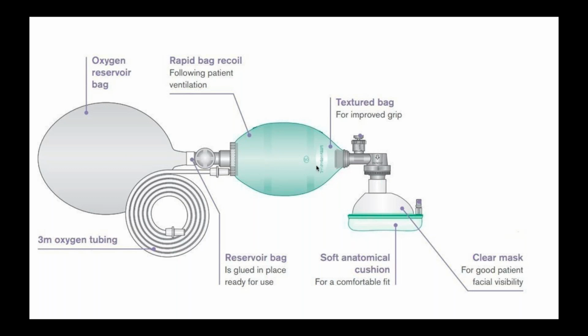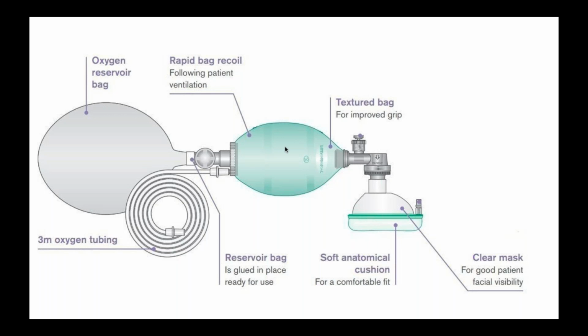So if you want to raise the oxygen concentration, you attach a reservoir here. A reservoir is basically an empty balloon or a corrugated tube. This oxygen is constantly flowing, so whenever you are pressing, instead of going inside, it will fill the reservoir. During expansion, oxygen from both of these will fill this reservoir. So you will be able to administer close to 90%. I hope that is clear.